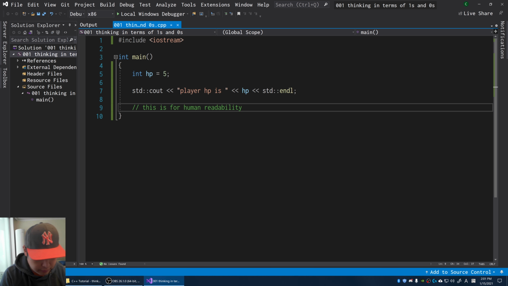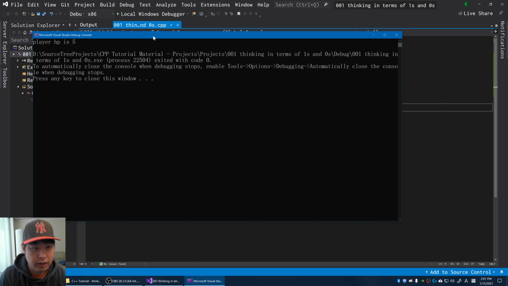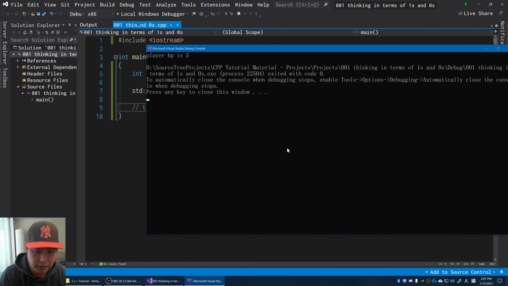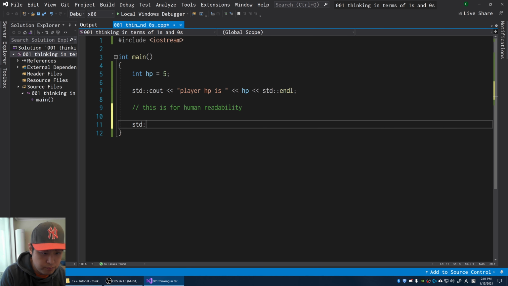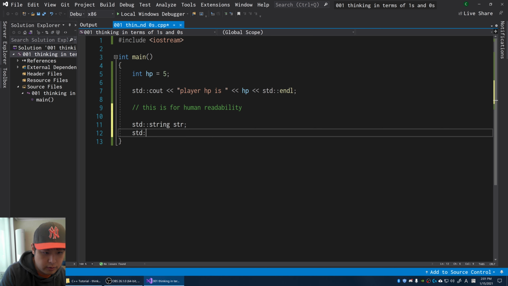And in case you have some wrong Visual Studio settings where the window closes automatically, you see it here, but sometimes it shows for a single frame and just disappears. As a quick solution, you can do this. I'm going to say a string cin.